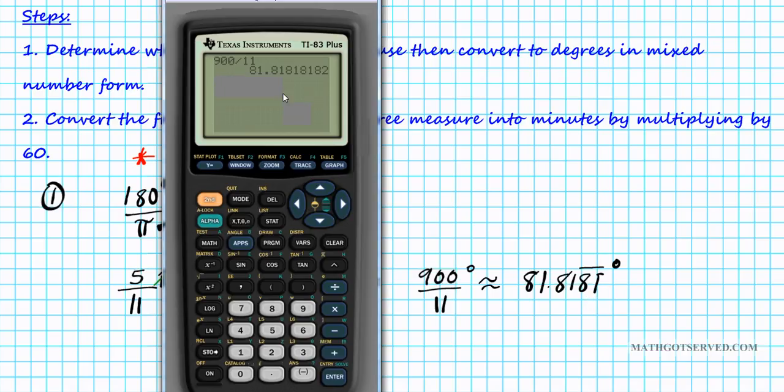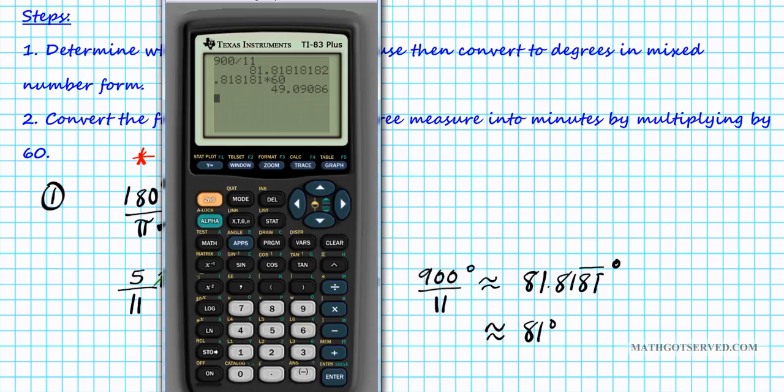So what we're going to do, we'll just take the decimal part of the answer we have right here, 0.818181, that's sufficient. Multiply that by 60. What are we doing here? We're converting from degrees to minutes. Press enter, and we have 49.09 minutes. Okay, so 81.8181 repeating degrees is approximately